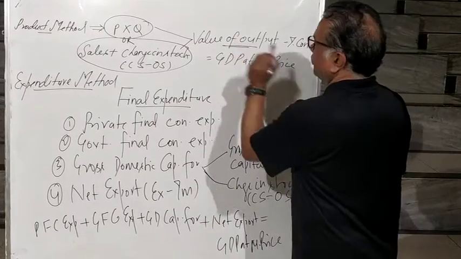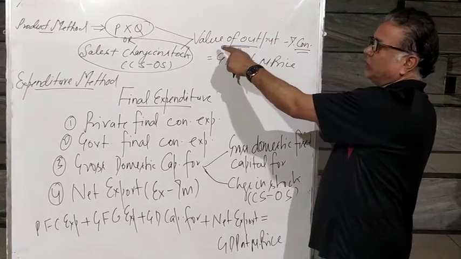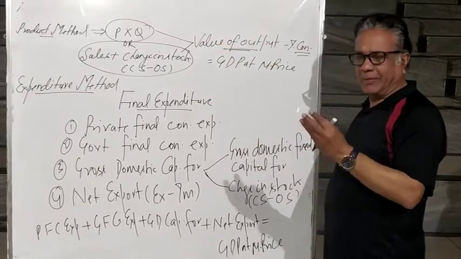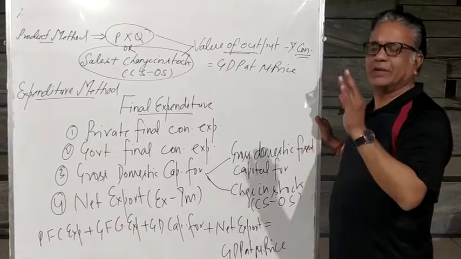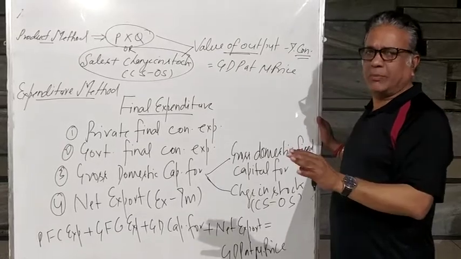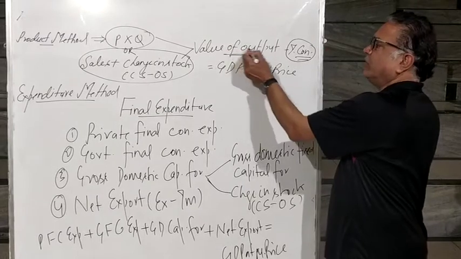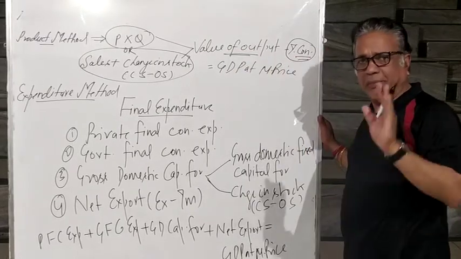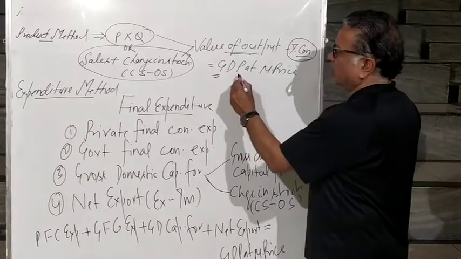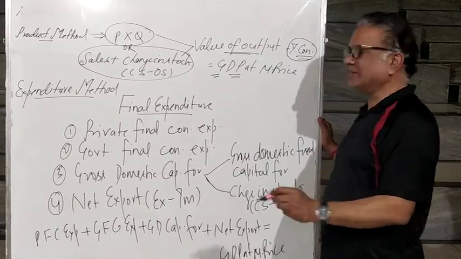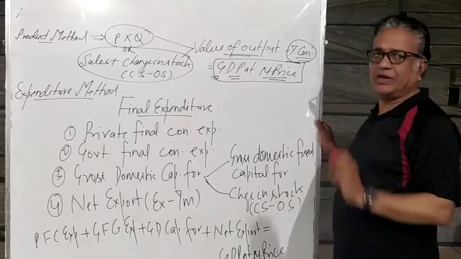And from value of output, we remove intermediate consumption, that was taught to you earlier in the videos. Value of output contains depreciation, net indirect tax, COE, OS, MI and intermediate consumption. So out of those components, we are removing only intermediate consumption. Means after we remove intermediate consumption from value of output, depreciation is left, that's why it is called gross. COE, OS is left, that's why it is called domestic product. And net indirect tax is left, that's why it is called market price. And from GDP at MP, you can further calculate any of the aggregates.